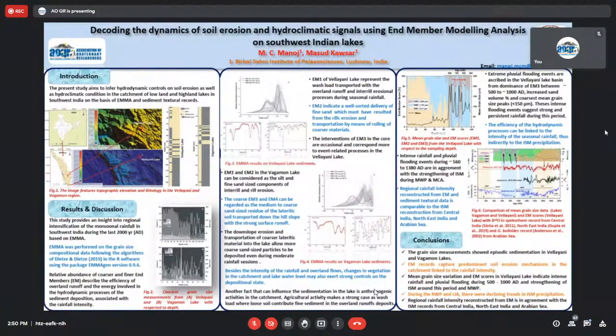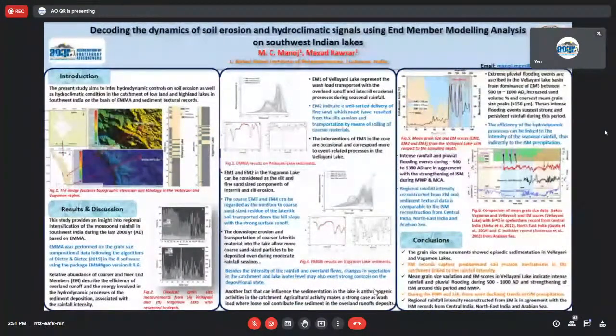hydrodynamic conditions and their controls on sedimentation, soil erosion, as well as hydroclimatic conditions in the catchment of lowland and highland lakes of Kerala. That is, 2 lakes are selected. One is the Velaini Lake from the lowland, and another one is a highland lake, that is Vagamon Lake. And